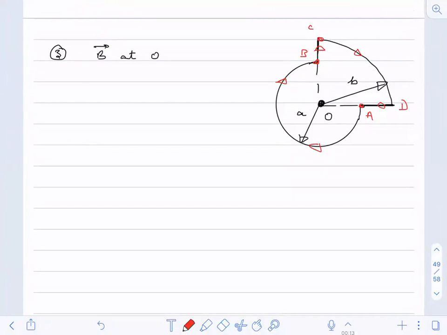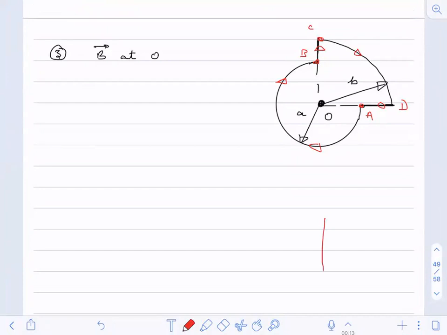Now, for the two circles, we have two partial circles. One is 3/4 of a circle, one is 1/4 of a circle, and we have two straight wires. BC and AD are straight wires. So if you remember yesterday's class,